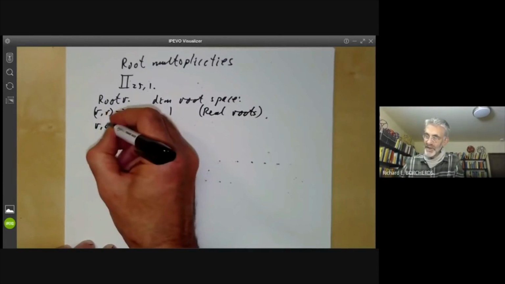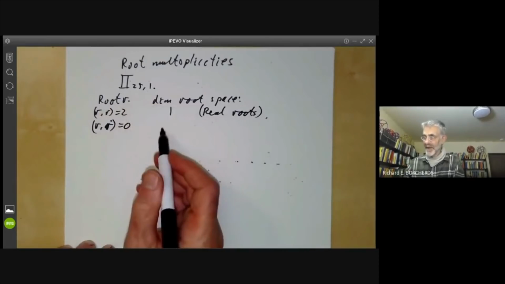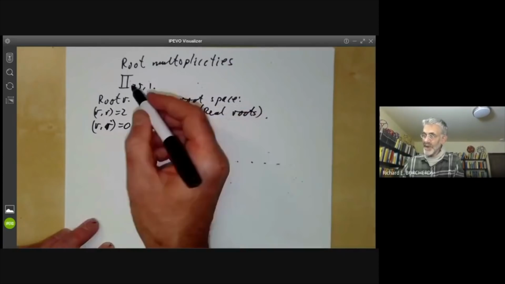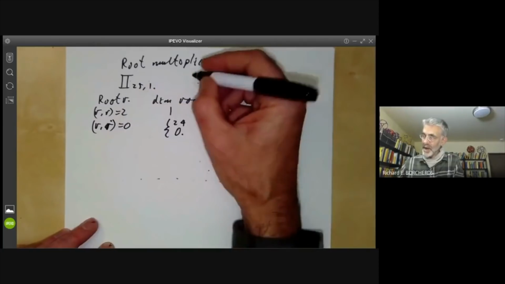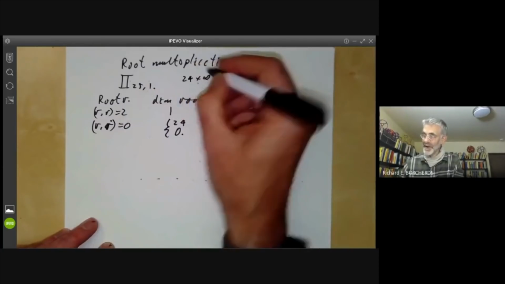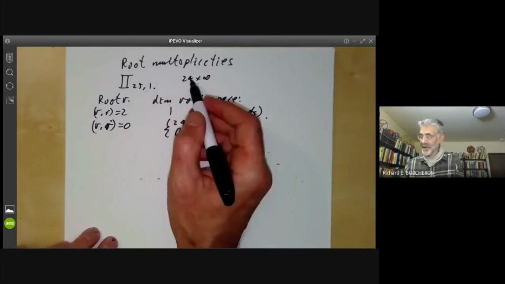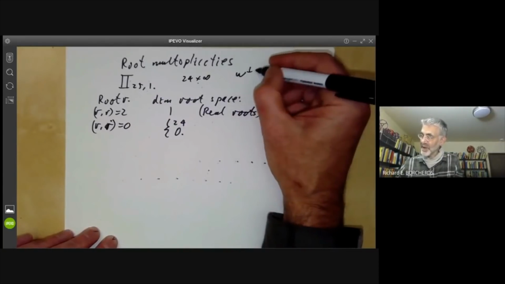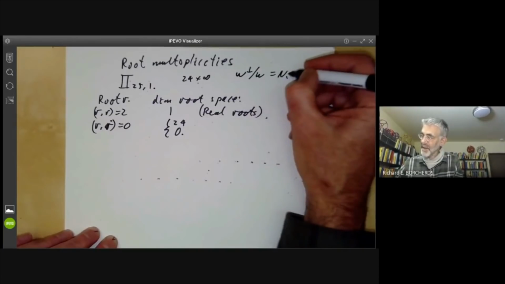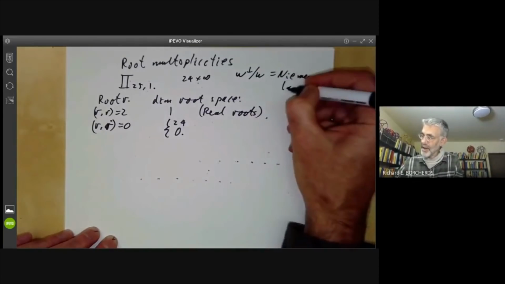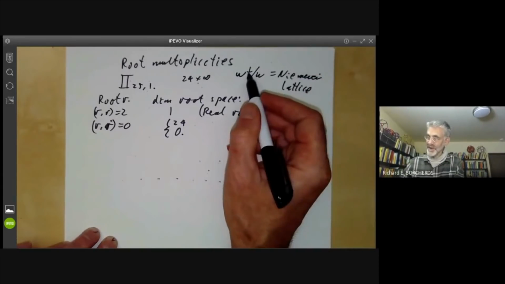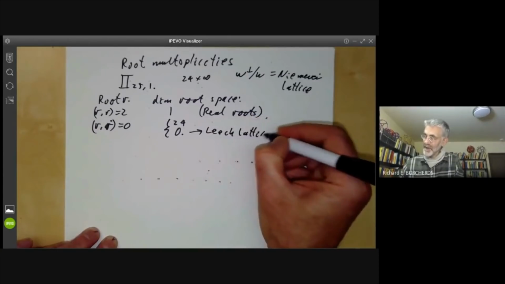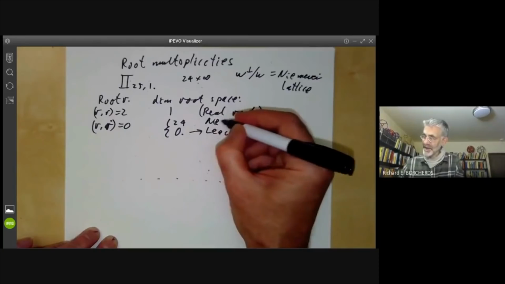If the roots have norm 0, then it's easy to calculate the multiplicity of the roots. The multiplicity is either 24 or 0. So what happens is this has 24 times infinity orbits of norm 0 roots corresponding to the Niemeier lattices. The correspondence is if you've got a norm 0 vector, then its orthogonal complement modulo omega is a Niemeier lattice. So there are 24 orbits of primitive norm 0 vectors. And for the ones corresponding to the Leech lattice, the multiplicity is 0, and for the other Niemeier lattices,